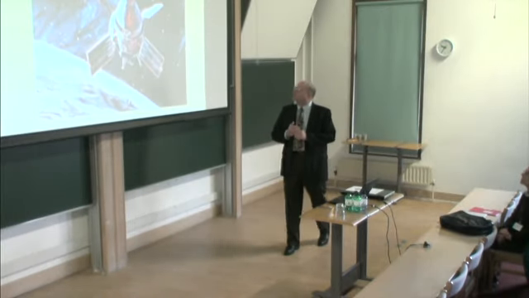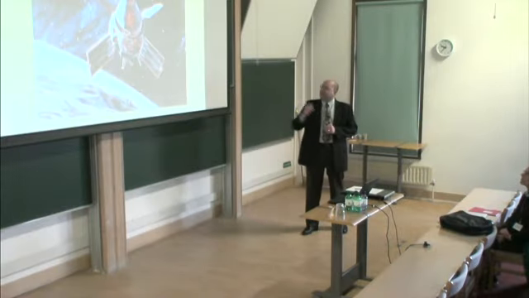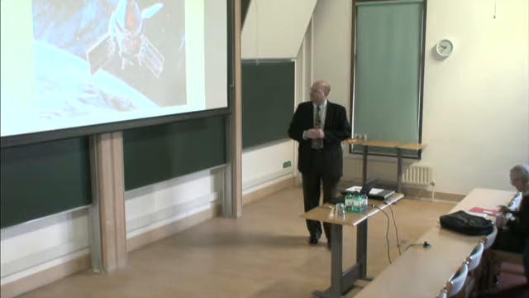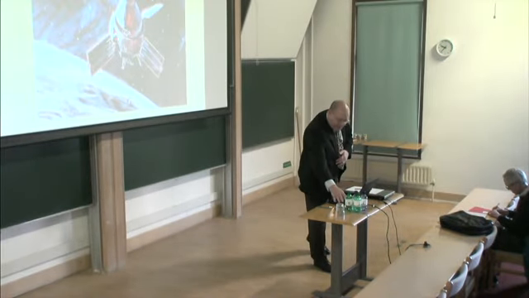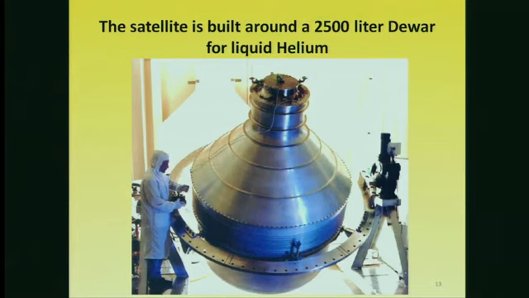Okay, so where is the liquid? Well, in the satellite, there's an artist's view of what the satellite looks like. In about that same orientation, you see here, this is a 2,500 liter dewar for liquid helium. And as you would expect, as the liquid helium warms, it boils, and so it becomes a liquid and vapor problem, which is not too bad for just a big dewar, but right down the core, on the axis of this dewar, is the actual experiment hardware. It's immersed in the liquid helium